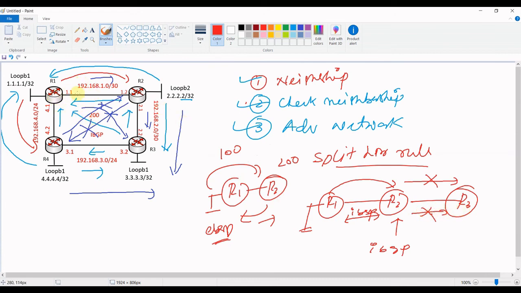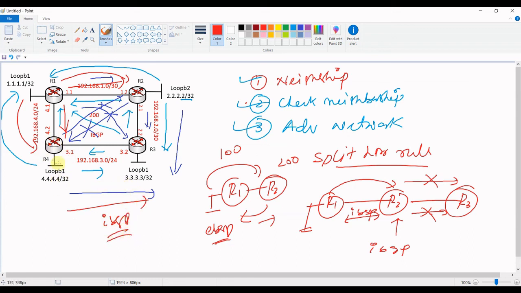Therefore, between R1 and R2, and then R1 and R4, the update which is generated from R1 has been provided to R2, and then also given to R4. But the relationship between R4 and R3 is an IBGP relationship.